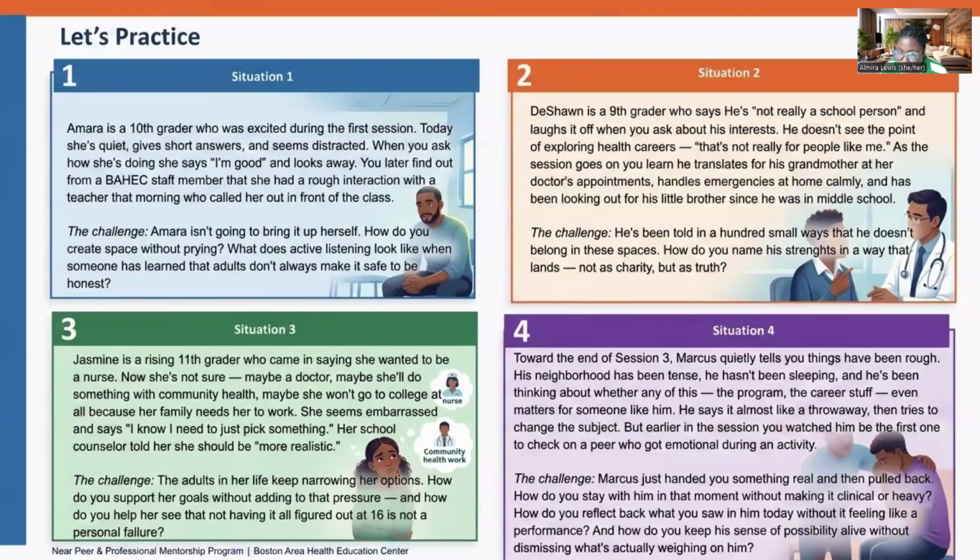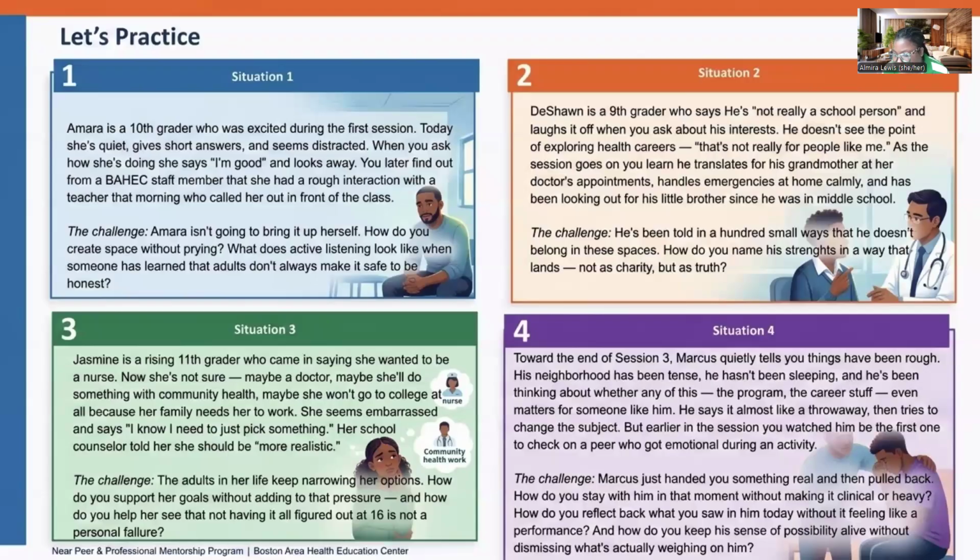And situation four. Toward the end of session three, Marcus quietly tells you things have been rough. His neighborhood has been tense, he hasn't been sleeping, and he's been thinking about whether any of this, the program, the career stuff, even matters for someone like him. He says it almost like a throwaway, then tries to change the subject. But earlier in the session, you watched him be the first one to check on a pair who got emotional during an activity. The challenge: